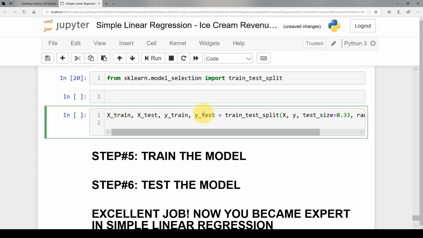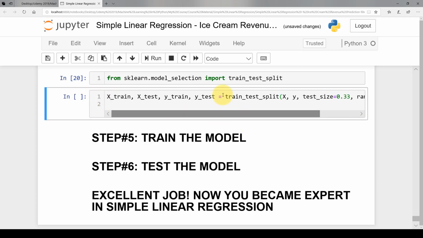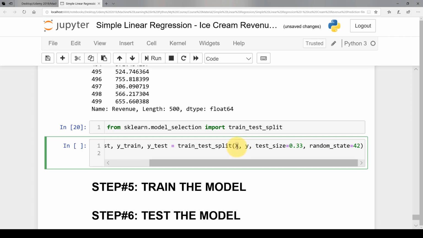So what's happening here? Let's delete this, double D to delete the cell. And here you will find train_test_split. Here we're passing along our X, which is our input, and our y, which is our output. Here our test size is 0.33. That means 33% for testing, and the rest, sorry, for training, which is around 67%